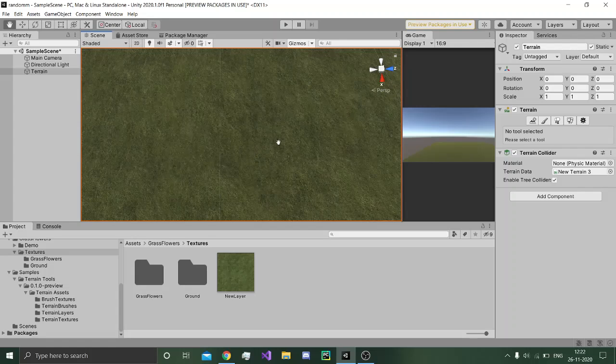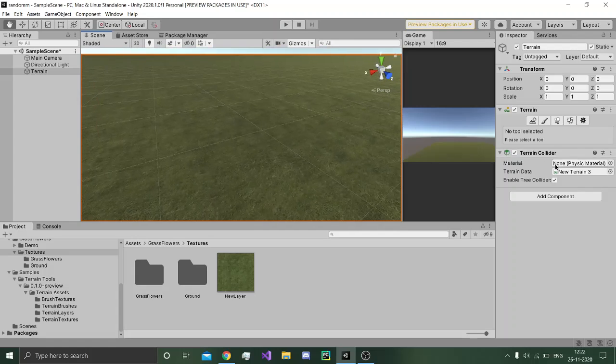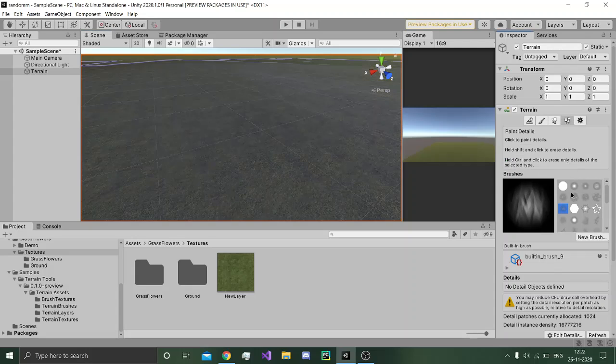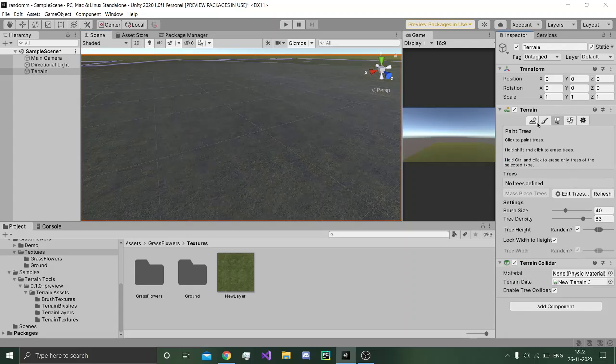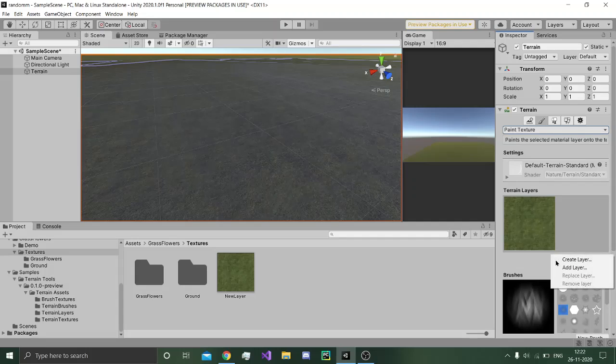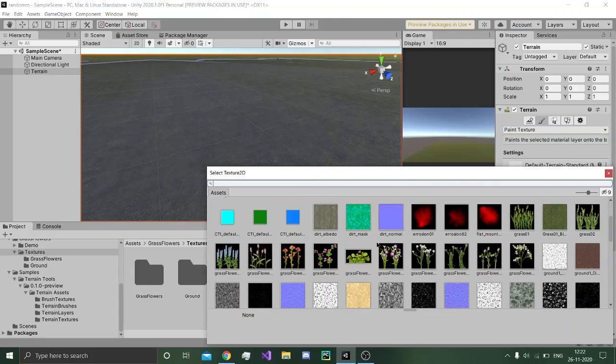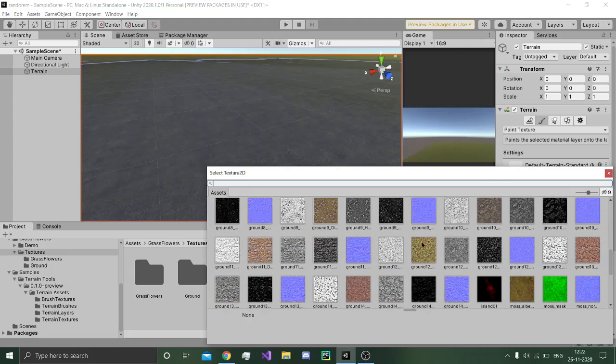See, all right. And there are a lot of options in the Terrain Tools package. You can use whichever you want. See, there are a lot of options. You can select whichever you want,